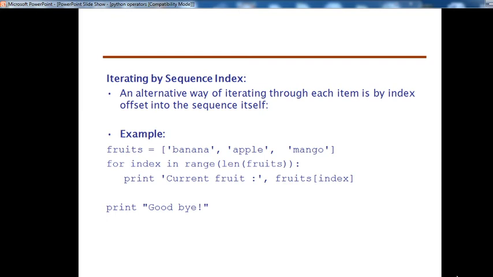The fruits are banana, apple, mango. for index in range, another way of defining a for loop: for index in range(len(fruits)): print current fruit, fruits[index].